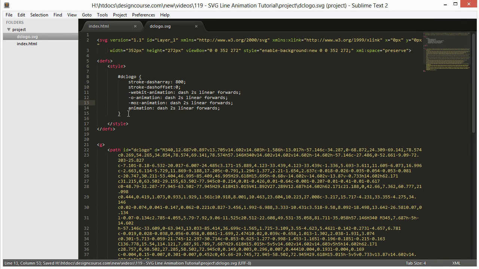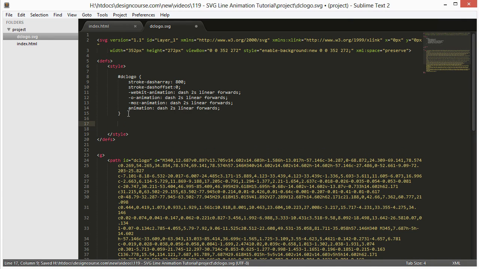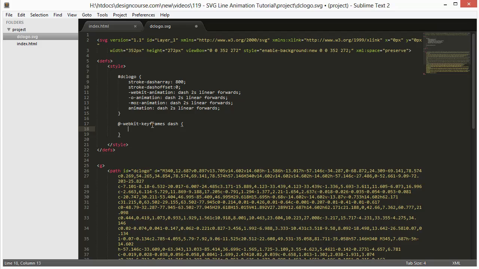And then down here, okay, so when it comes to this animation where it says dash, that's the name of the animation. And then what we have to do now is set up keyframes. So @-webkit-keyframes dash, that's the name that we're referencing. This is where we can put keyframes and control whatever it's going to do. So from